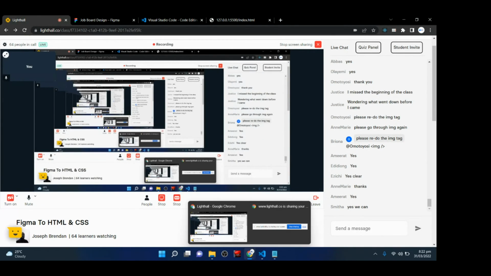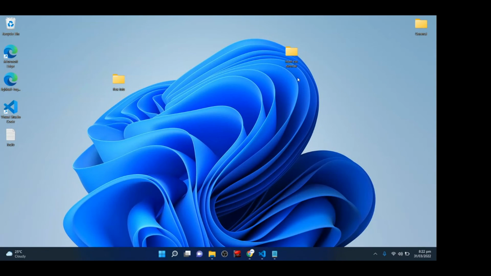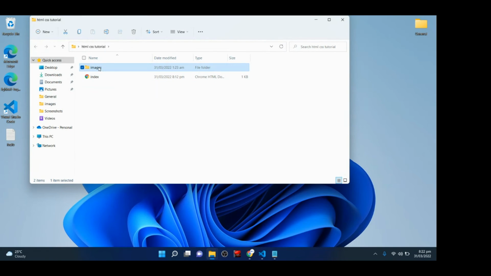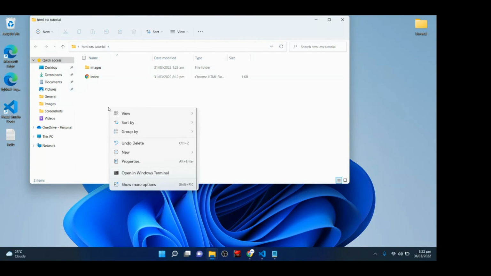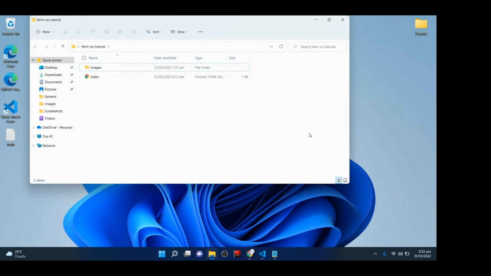Okay. Then you will come to the project folder that you created for that website. You open the project folder, then you create an images folder inside that folder. I have already created mine. To create it, just come here, the same way you create a folder. When you create the images folder, it is inside that images folder that you will copy all the images